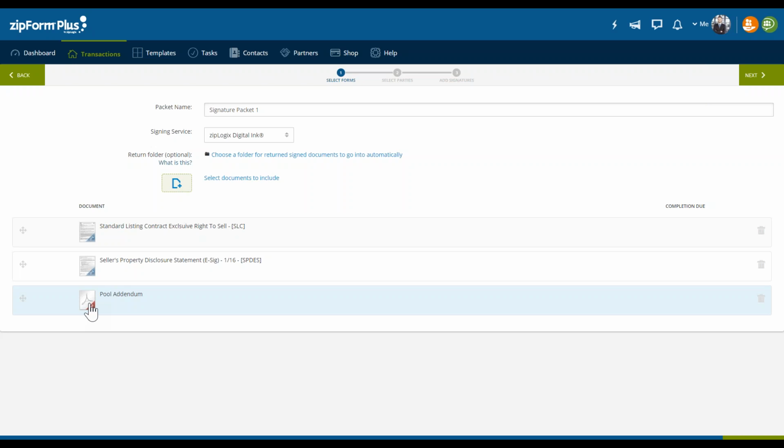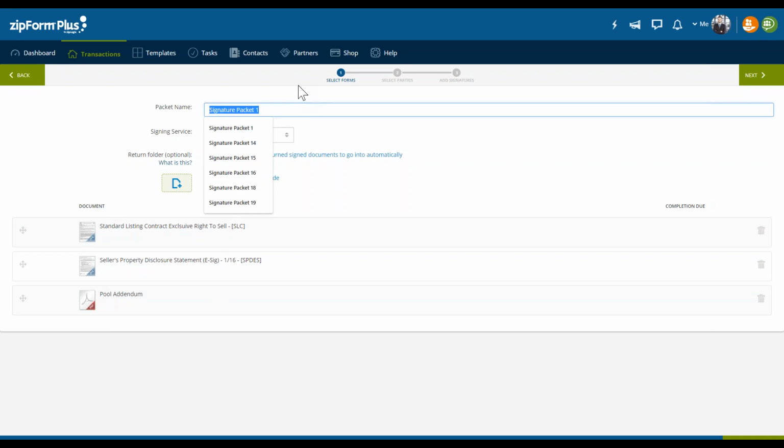The reason they don't is because there's no way that the systems, or either one of the systems, will know where that needs to be tagged. So it gives you that option to be able to select where those signatures get applied. And it's very easy to do. It's just, unfortunately, as the technology evolves, at some point I'm sure that will be a possibility, but right now it's just not. So underneath selecting forms, option number 1 here, we want to always name the packet.